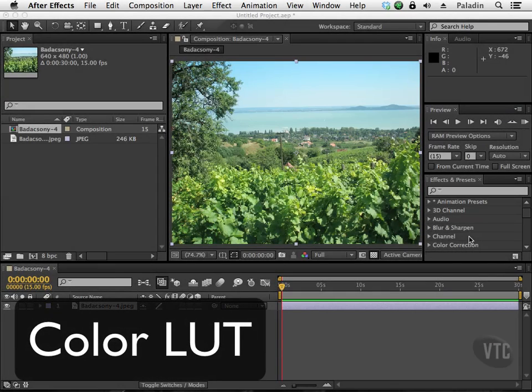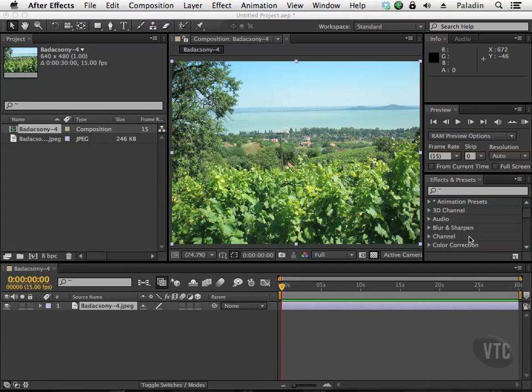A color LUT, which stands for lookup table, is a file that you can create yourself or a professional designer can create. That designer is someone who specifically works on film and stills, and they create a look. So let's say, for example, you are working on a horror film and your footage is all nice and cheery. Well, you would hire an artist who is a color designer to take your production and really give it that